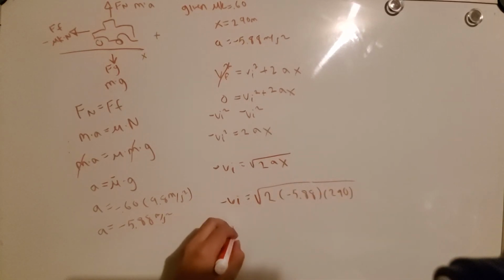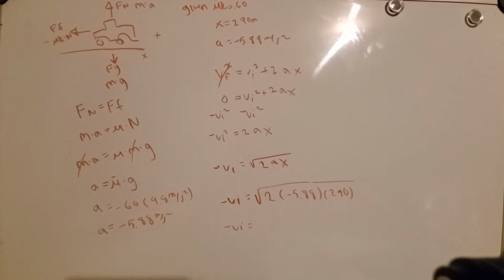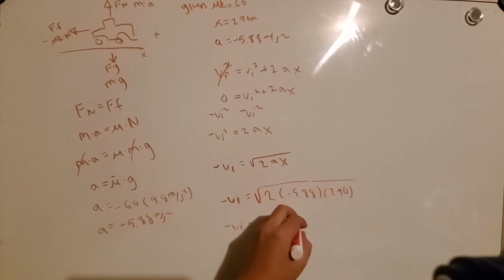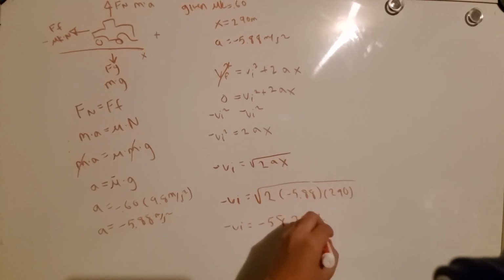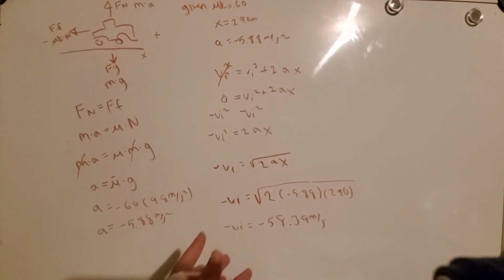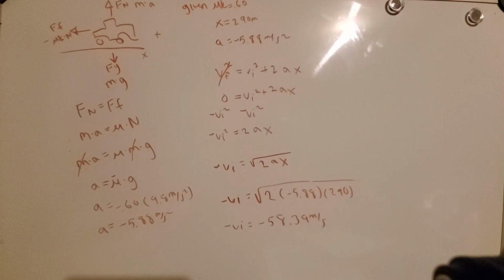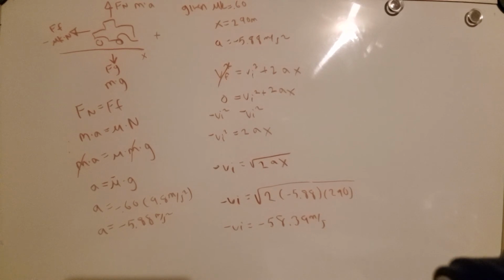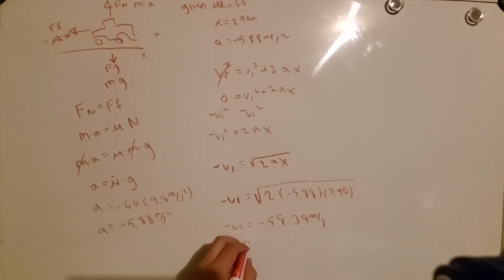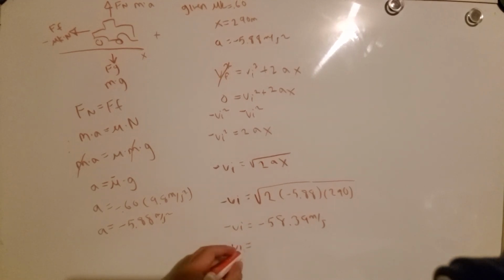Doing that leaves us with negative initial velocity is negative 58.39 meters per second. But because we have two negatives, it's going to be a positive. Negative times negative is positive, or negative divided by negative is a positive. So these two negatives are going to be equal to a positive. So initial velocity is